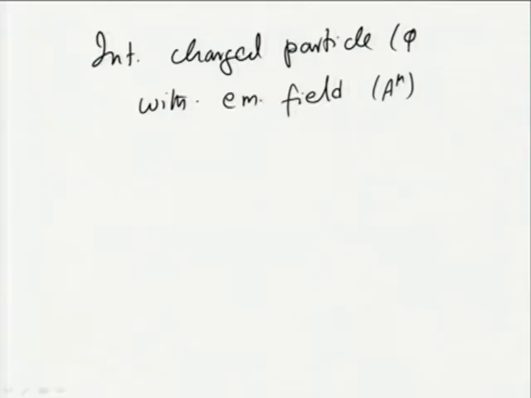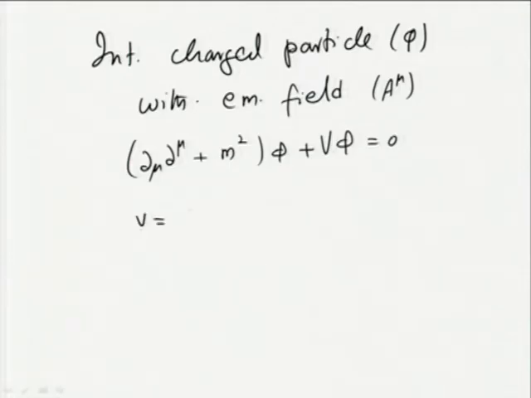Charged particle represented by wave function phi, and we had written the Klein-Gordon equation satisfied by this charged particle as (dou mu dou mu plus m square) phi plus v phi is equal to 0, where m is the mass of the particle corresponding to the wave function phi, and v is the potential due to the electromagnetic field,